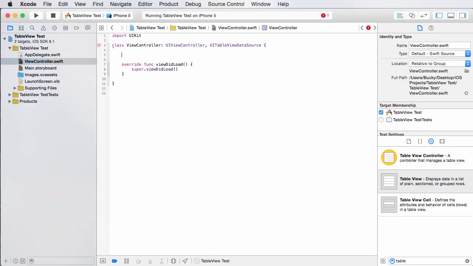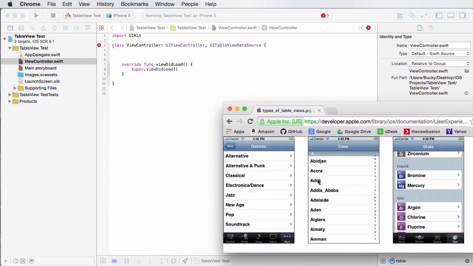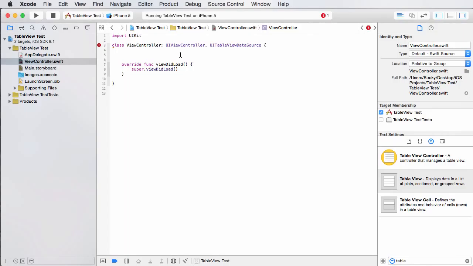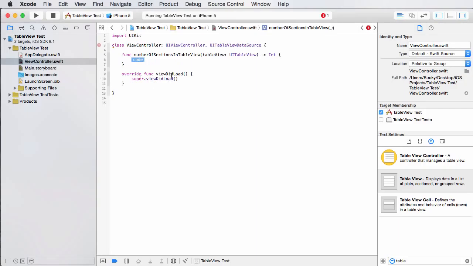So what methods do we need to implement whenever we're acting as a data source? Well, there are three really important methods. The first one is how many sections are in your table. So we need to make a method that says, okay, for this example, we'll only use one. But if you're making something like this, then you might use 3. So let's take care of that method first. And the method is called numberOfSections in tableView. So just type in number, hit enter, and all this does is we have to return